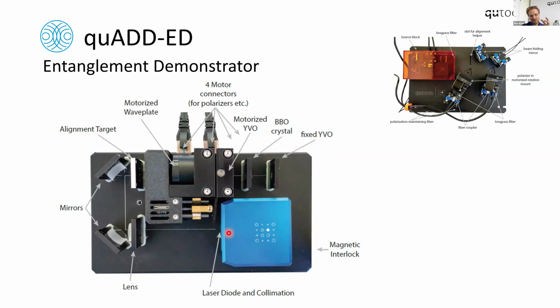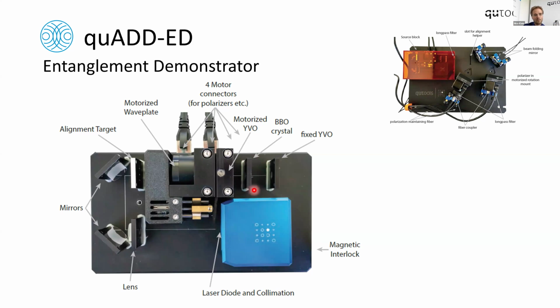So with this precise control of the pump laser polarization, you can basically change the kind of state that you want to produce. You can go for an entangled state by pumping with plus or minus 45-degree polarized light in order to activate both BBO crystal halves. Or you can use only vertically polarized pump light or only horizontally polarized pump light in order to have only one of the crystals active and only produce a product state of photon pairs, with which you can also make